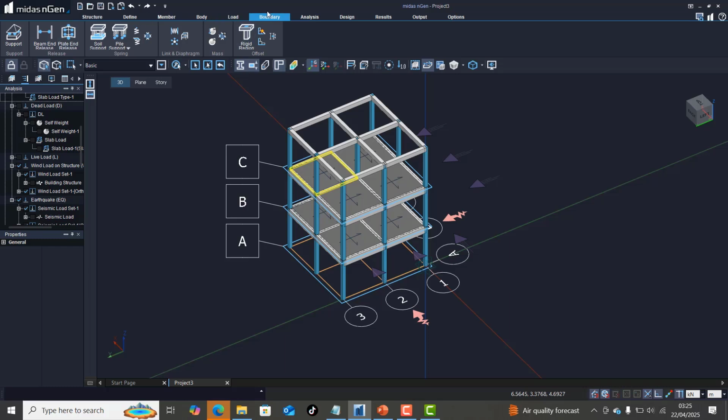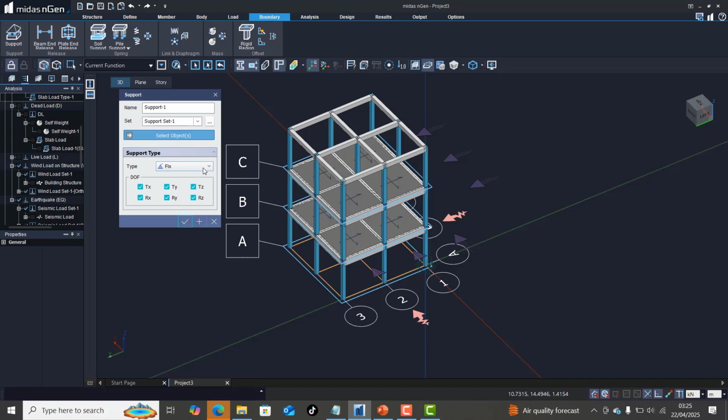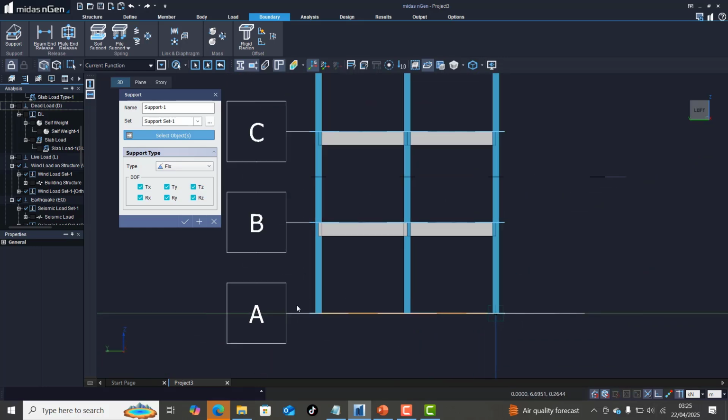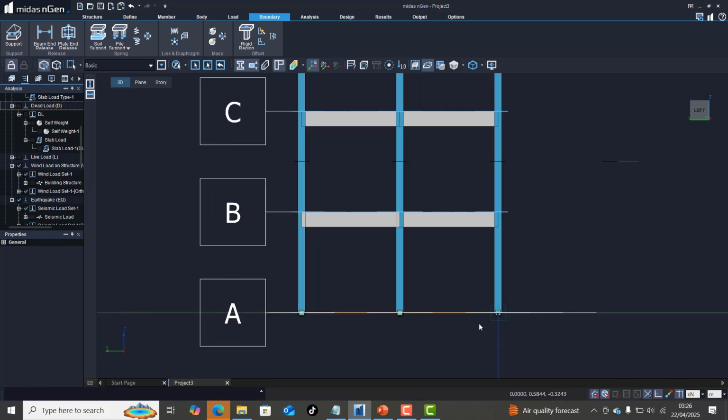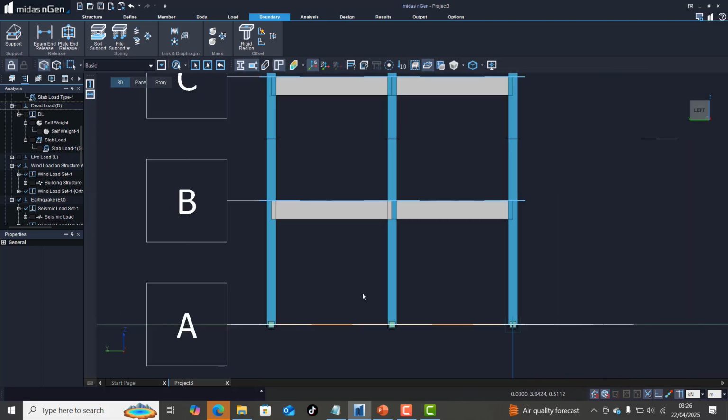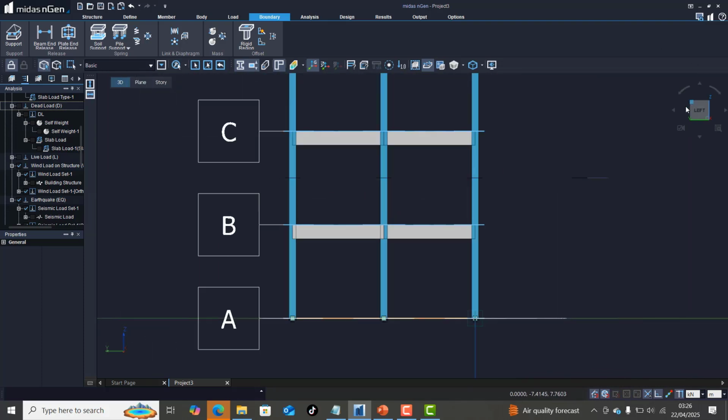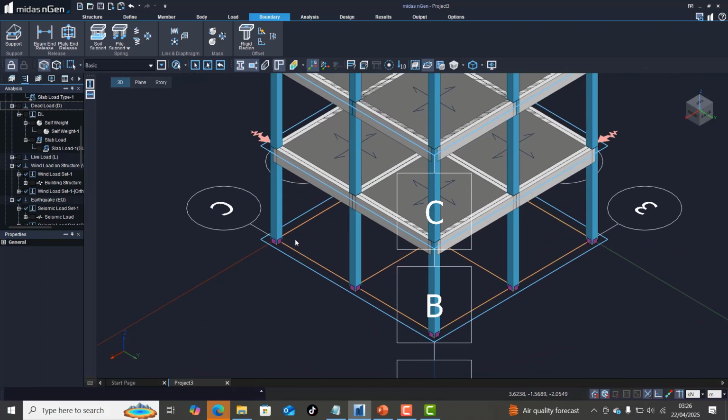So all we need to do is to come to our boundary. If you click on the boundary here, you will see a support. On here you will see, if I click on this drop down, you see you have a pin, we have undefined, we have user defined. So if I click on fixed, all I need to do is to make sure I can make this either front, back, left or right, just to highlight this entire bottom, and I will click on OK, and you realize that my support has been added to my entire structure. All right,